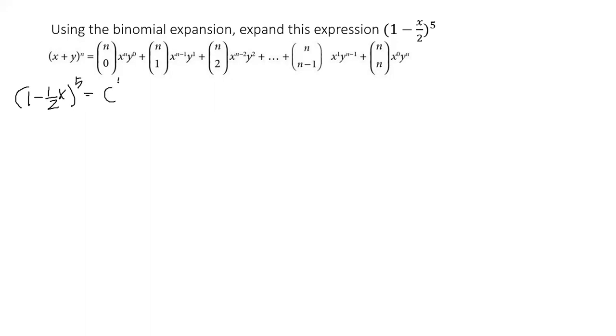It becomes combination 5, 0, 1 power 5 times negative a half x power 0, plus combination 5, 1, 1 power 4, negative a half x power 1, plus combination 5, 2,